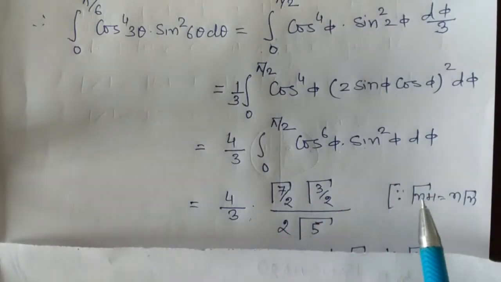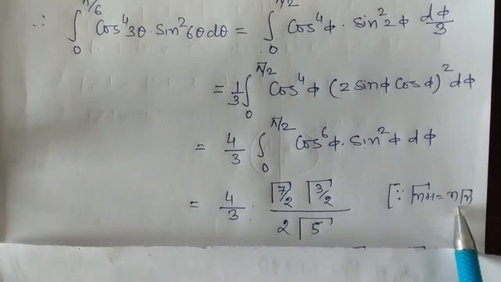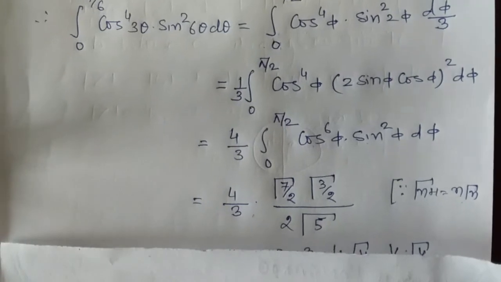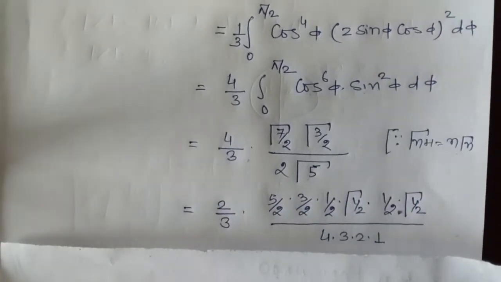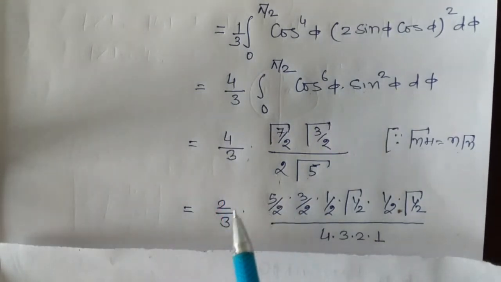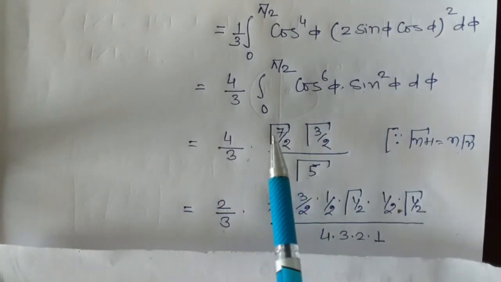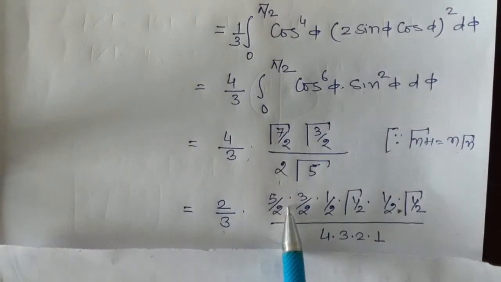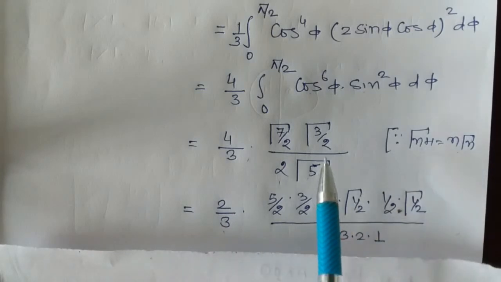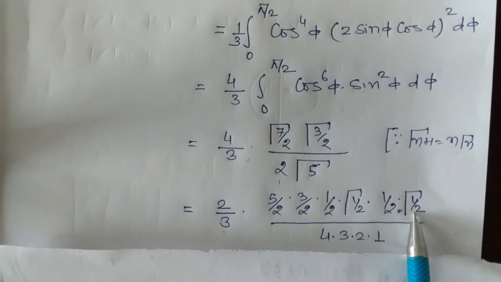Now using gamma n plus 1 is n gamma n, and further gamma n plus 1 is n factorial, we expand all these gamma functions. We have here 4 by 2 is 2, so we have 2 by 3. Now gamma 7 by 2 is what? 5 by 2 gamma 5 by 2. Gamma 5 by 2 is 3 by 2 gamma 3 by 2, and gamma 3 by 2 is 1 by 2 gamma 1 by 2. Into here we have gamma 3 by 2, so gamma 3 by 2 become 1 by 2 gamma 1 by 2